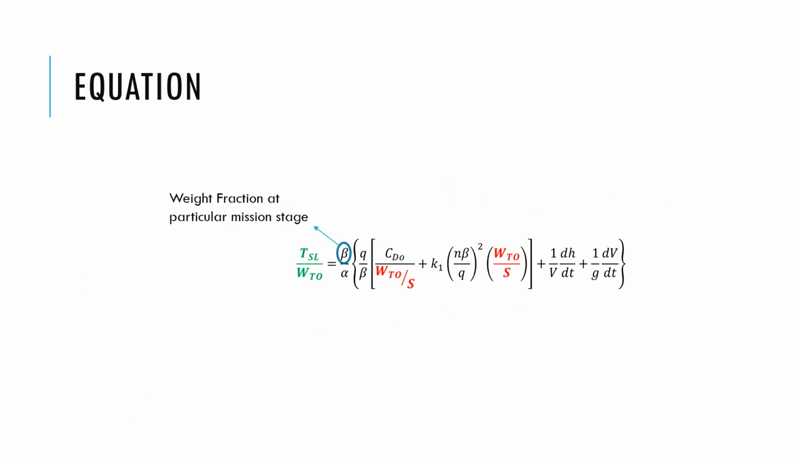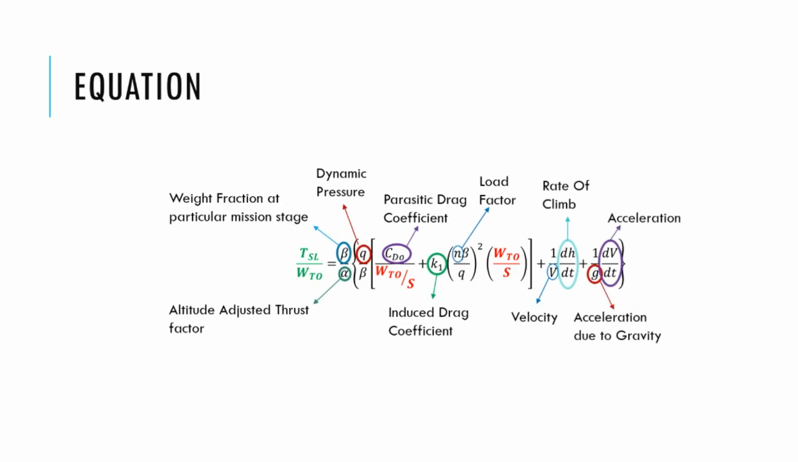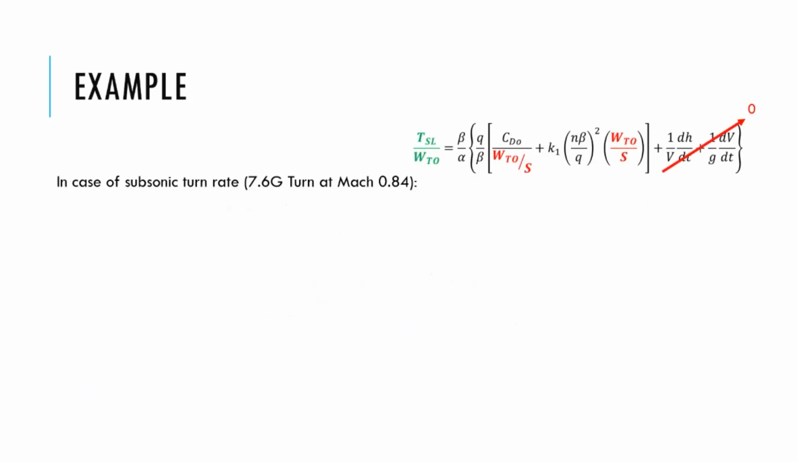Okay, this includes terms like beta, which is the weight fraction, then alpha, which is the thrust factor. Then you have dynamic pressure, the parasite drag coefficient, induced drag coefficient, load factor, velocity, rate of climb, acceleration due to gravity, and acceleration. All these terms are entangled together. For example, if you look at subsonic turn rate, let us say you are looking at turn at